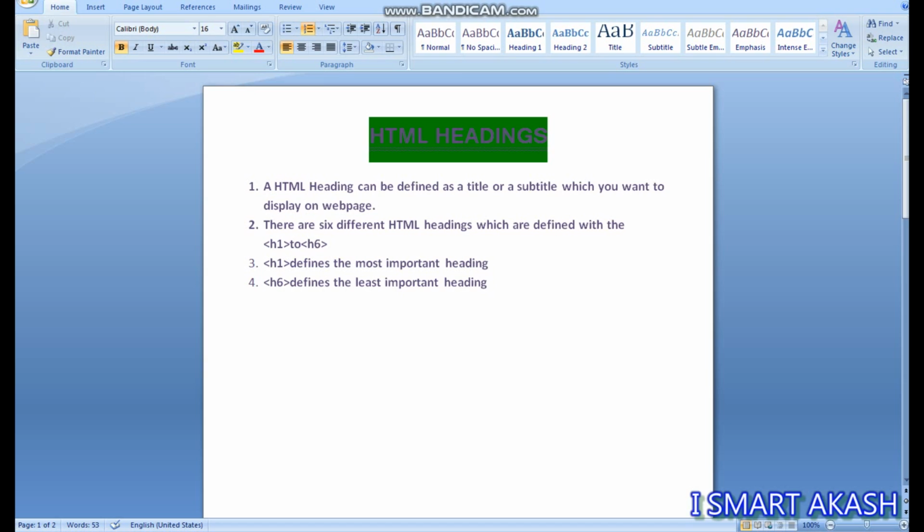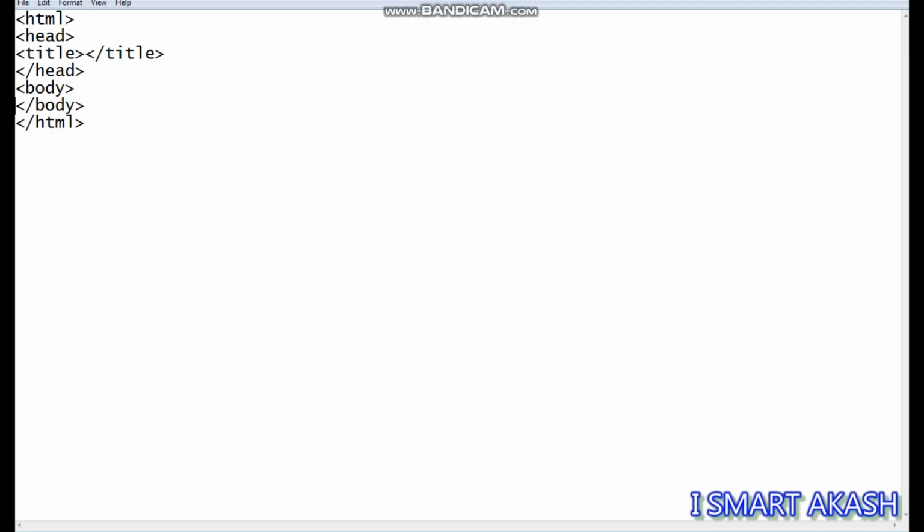Now, H1 defines the most important tag. For example, H1, welcome user, close tag H1.